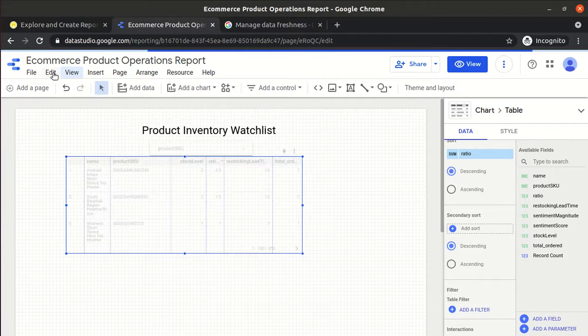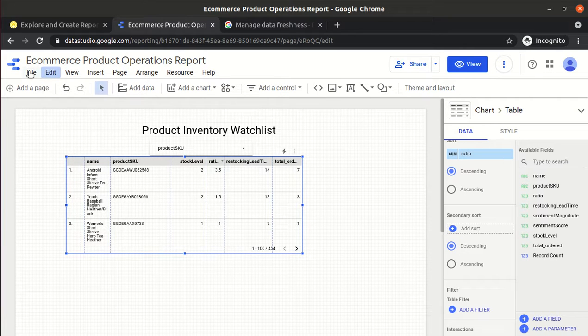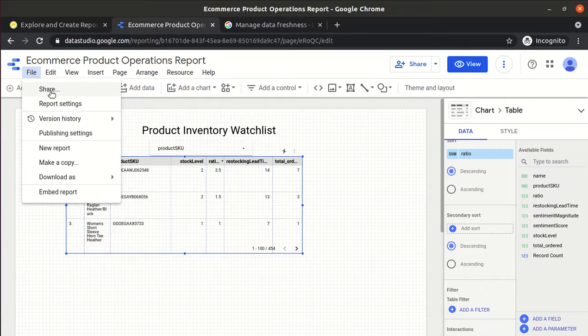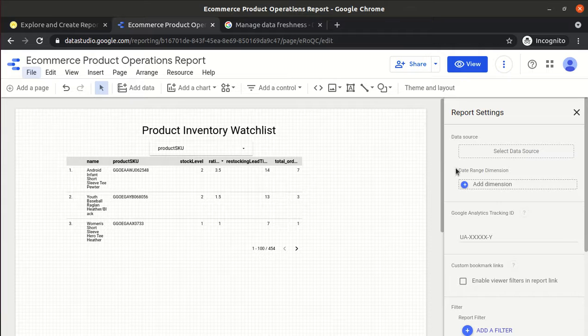Refresh data. Report settings. Select data source.